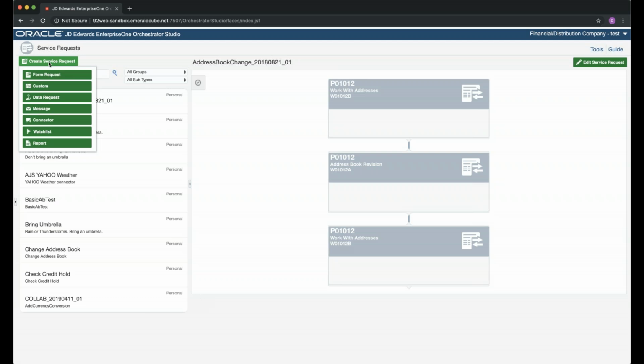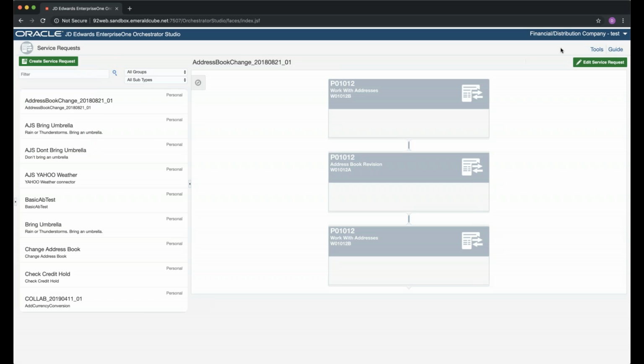By the way, before we go into creating that service request, if you ever want to know what studio version you're on, come to the top right corner here and click the little down arrow. You'll see where it says studio version, and it gives you a link of what AIS server you're pointed at, and also the specific studio version that you're currently running. Also, if you were to import files, you can reload the files from here. You can go home and do your logout.